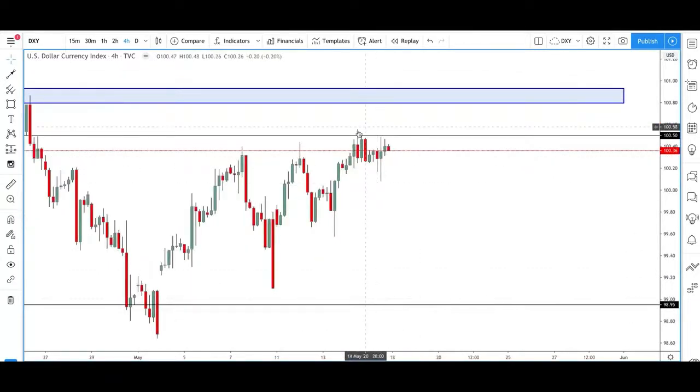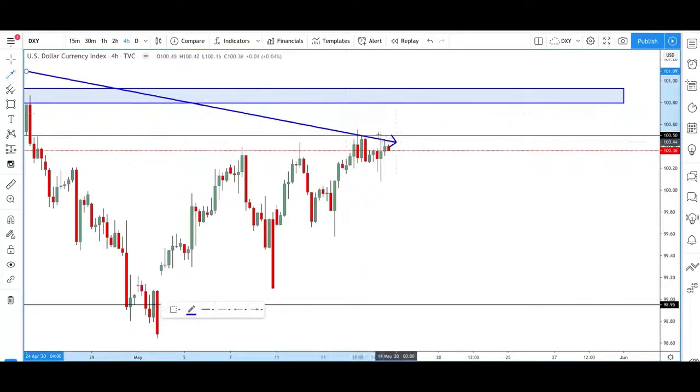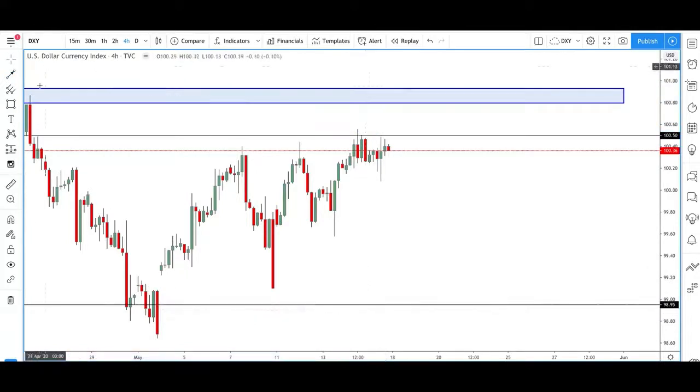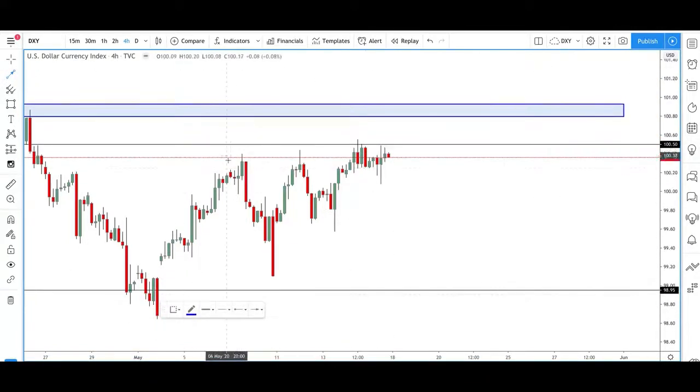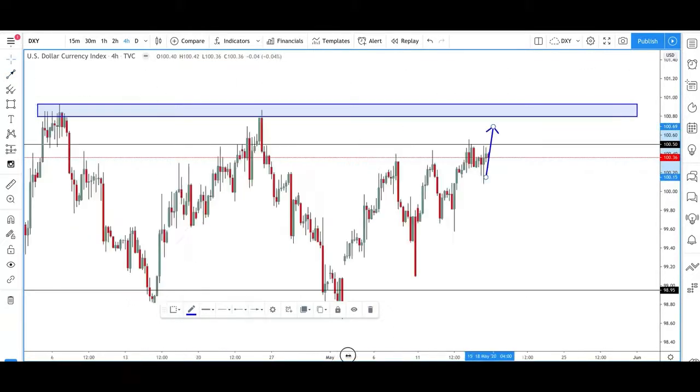So at the moment, we're hitting our head here. I think we may, at the start of the week, see an increase in US dollar strength. So we've just seen here, high, high, high, low, high, high, high, low, high, high. A bit of a higher low. We're expecting maybe to just pop up into this region, maybe tap this level, and then I'll be looking for a sell-off on the US dollar.